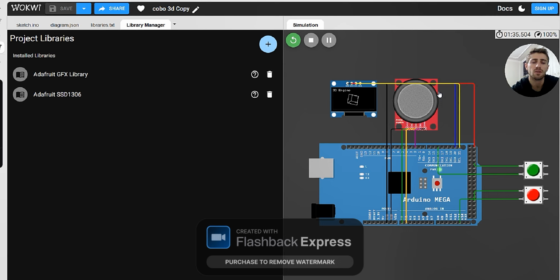As the simulation runs, the Arduino continuously calculates the cube's rotation around the X, Y, and Z axes. The coordinates are then converted from three-dimensional space into two-dimensional screen coordinates using perspective projection.